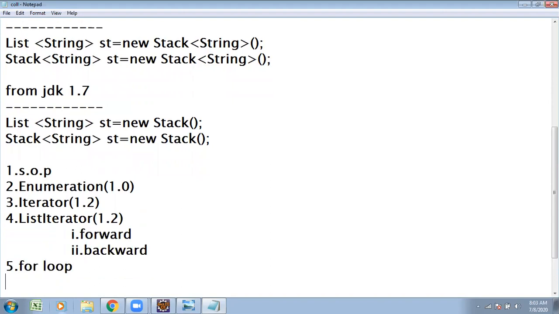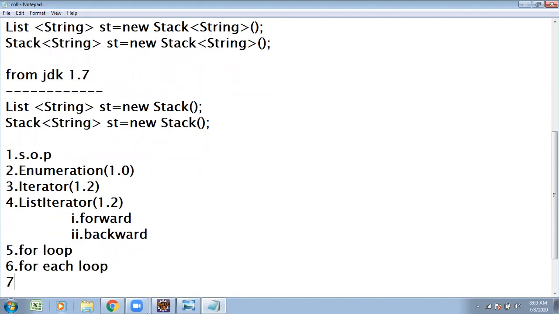Apart from that, there is one more technique we are using. In yesterday's session we used the for each loop. We also use one more new technique which came with JDK 1.8 version, that is the for each method. There is the for each loop, and the for each method.